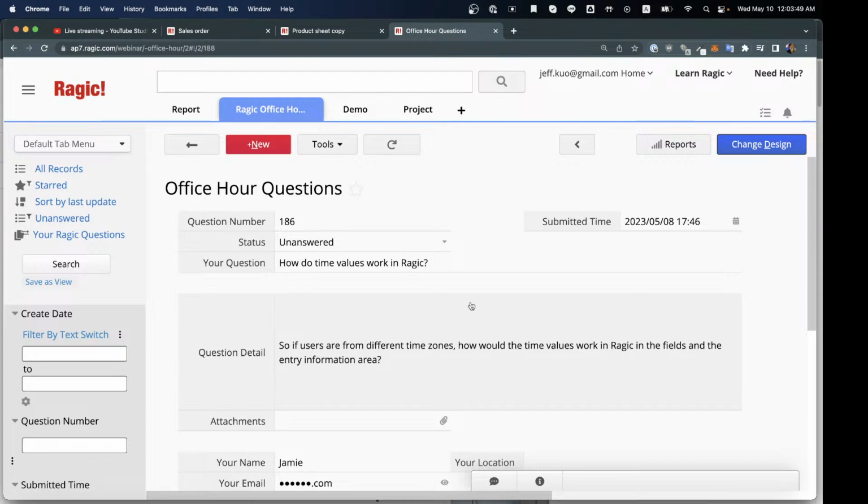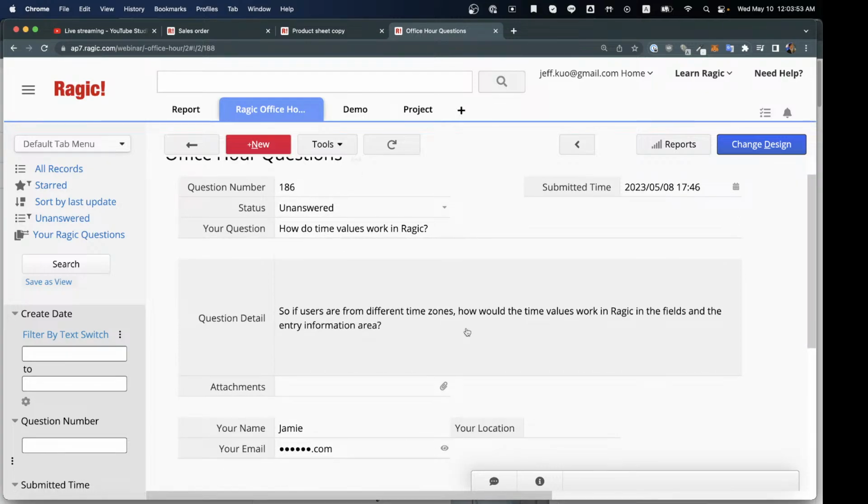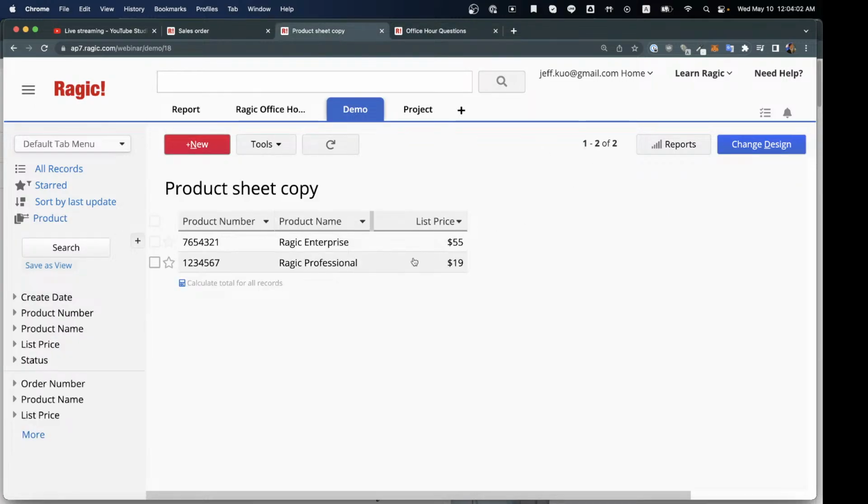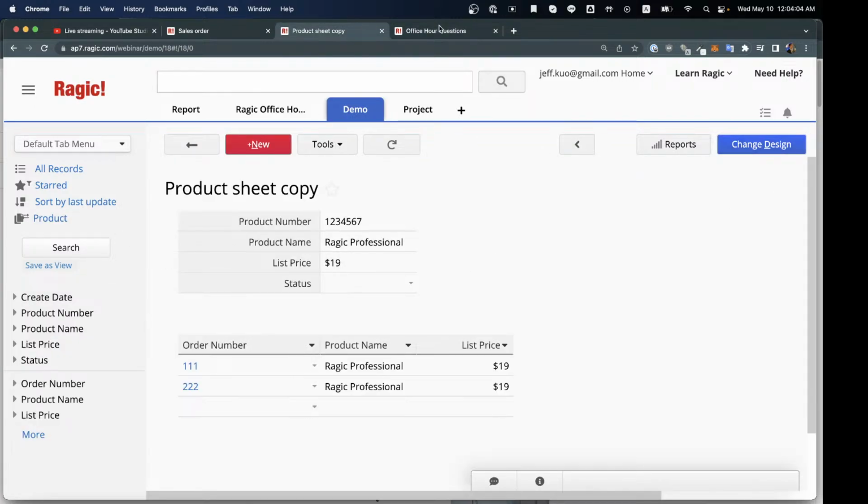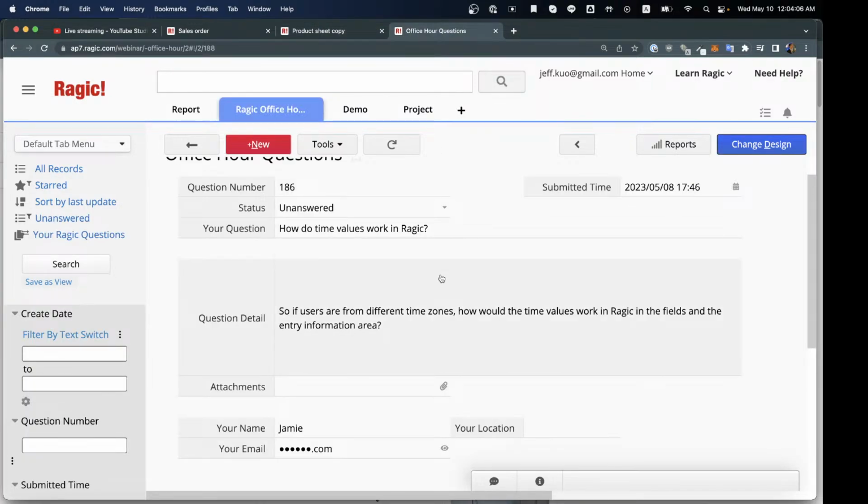Okay, how do time values work in Ragic? So if users are from different time zones, how would time values in Ragic work in the fields and the entry information area? Okay, for the time values,